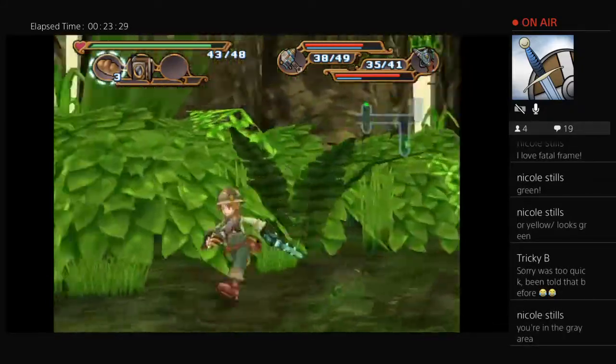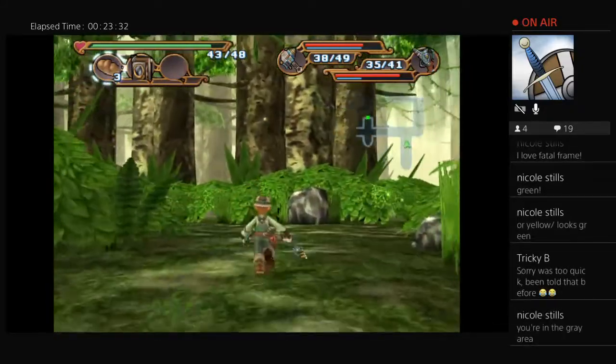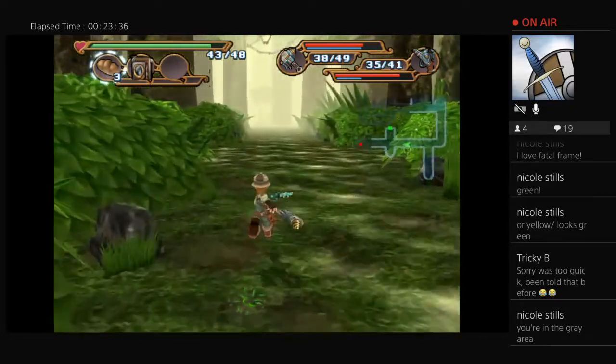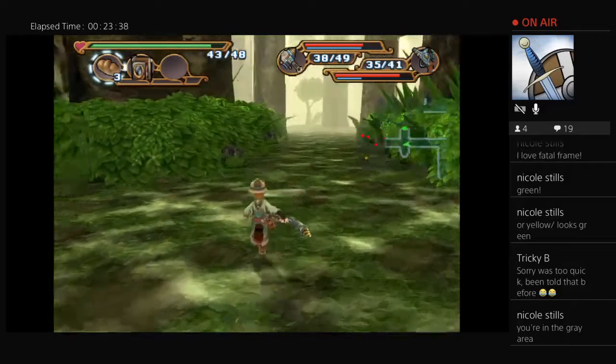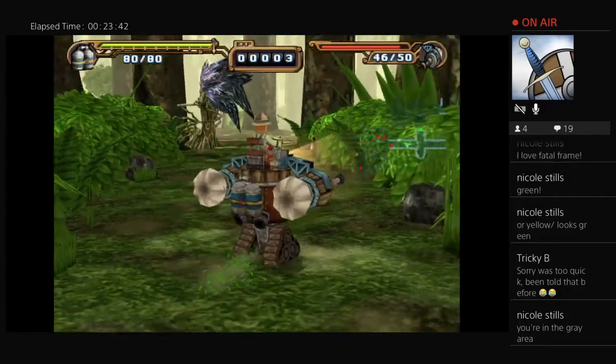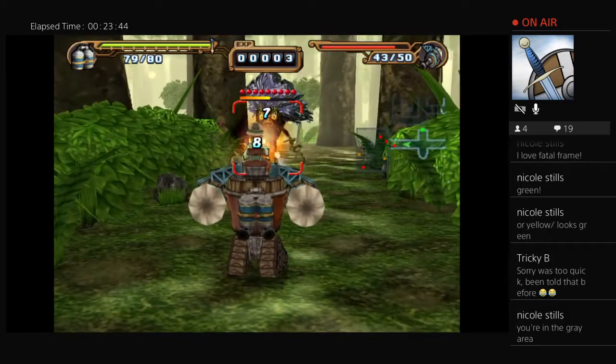But, I mean, yeah, I'll take that, Nicole. I'm in the gray area. Much like my parents. Oh, I'm just kidding. See, that got really awkward because my mom is, like, in the living room right now, but...